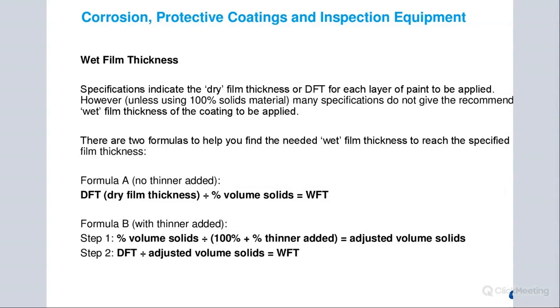Because it seems like such a simple process. But learning how to calculate wet film thickness and using it as an inspection tool on a job can really help save you a lot of time and effort and money in the long term. What do I mean by that? So